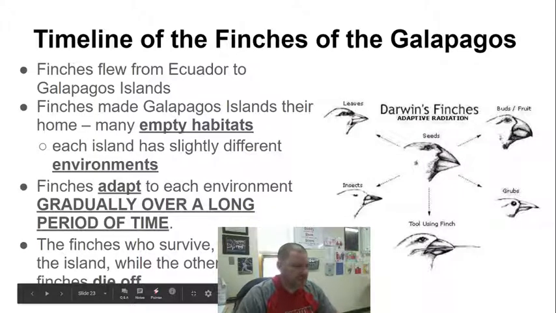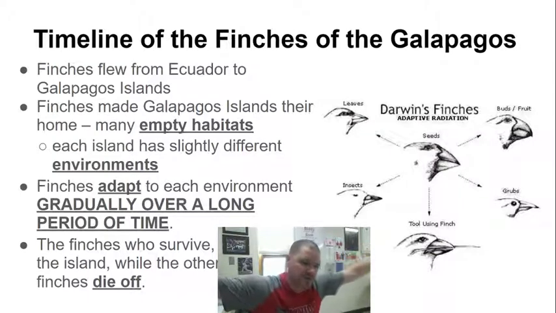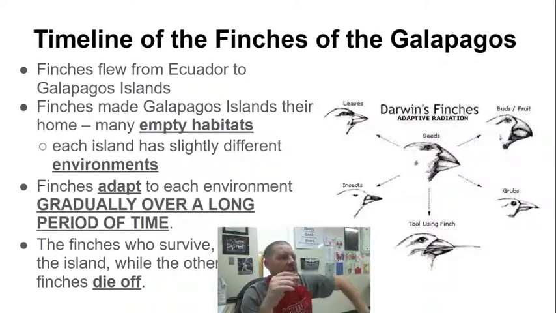So what really happens with the finches, kind of the breakdown of what Darwin said, is that the finches were very similar to the finches that he saw from Ecuador in South America. And at one point, he said that the finches flew to the Galapagos Islands because they had the wind to their back, allowing them to push forward towards the islands, but they could not make it back to the mainlands. So these finches had to settle on the islands. And at that time, they did not have any finches on the island, so there's a bunch of empty habitats ready for the finches to